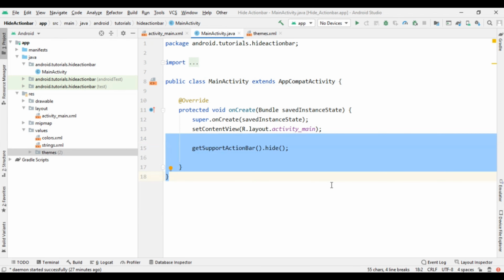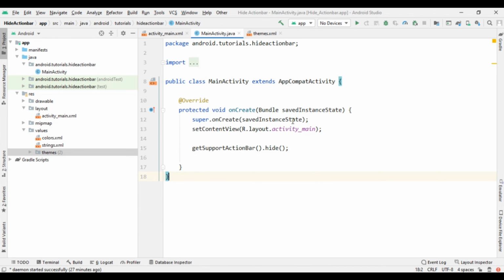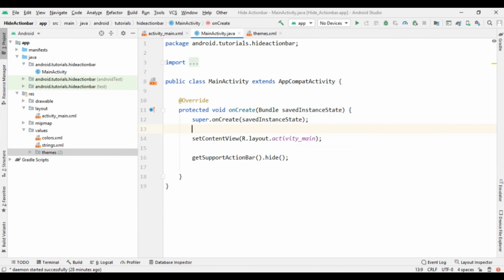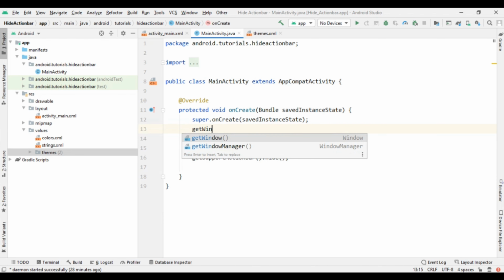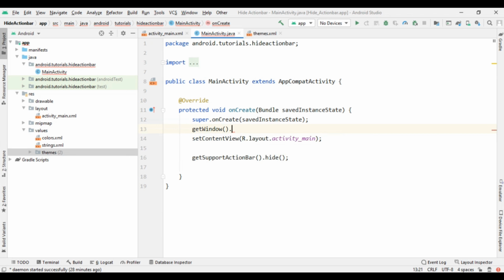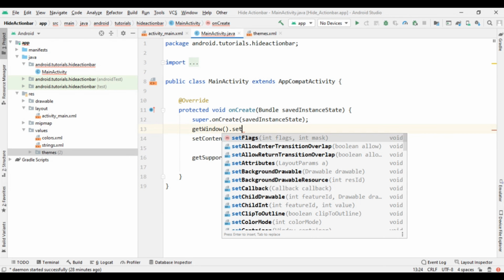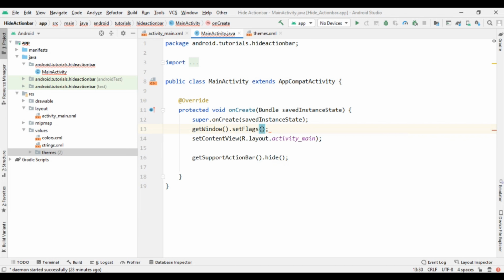Now let's see how to hide the status bar in Android Studio. To hide the status bar, we have to implement one piece of code. That code is getWindow().setFlags(), and here we have to write two parameters.